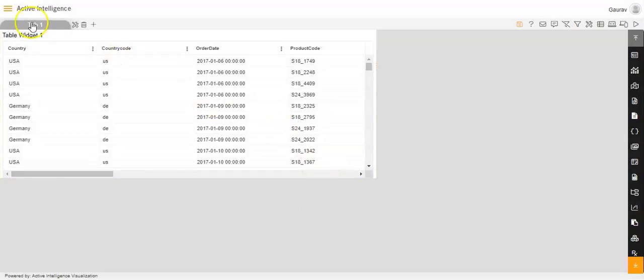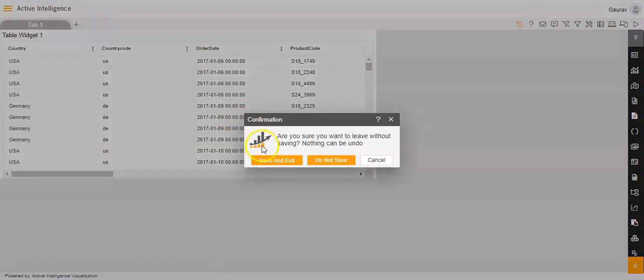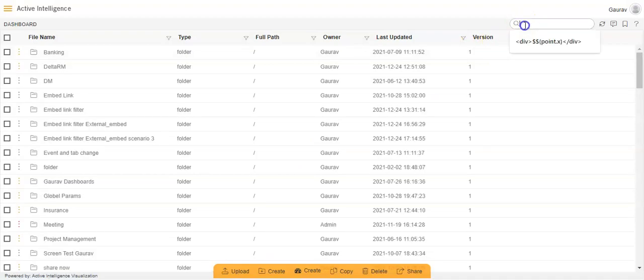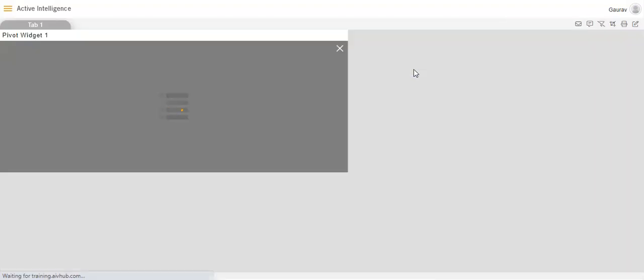Now I will go back to the previous dashboard, which was the new summary dashboard. So I will click on the hamburger menu again, and I'll go to the list view, that is the second option on the right side of the dashboard, and I'll click on save and exit. And I'll search the new summary dashboard and double click on it.